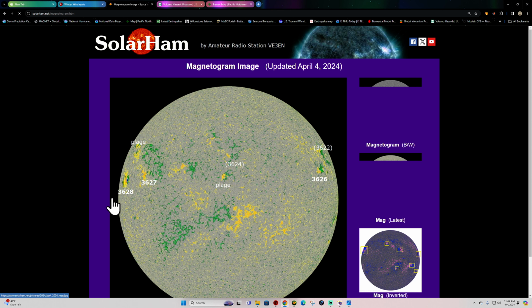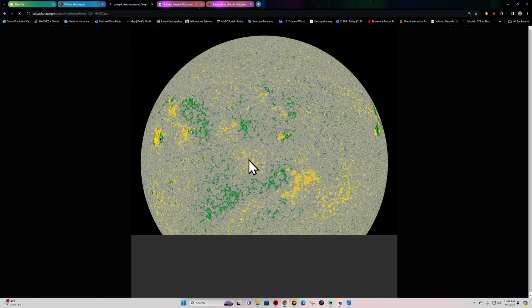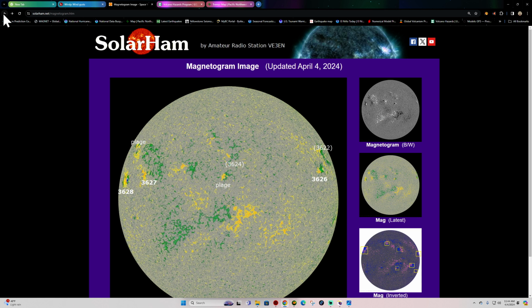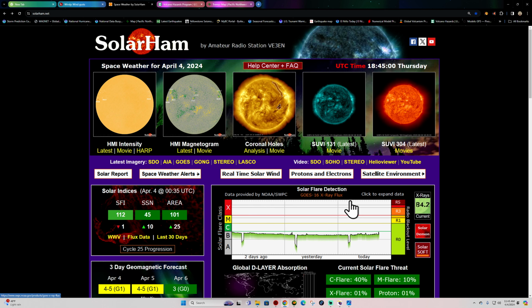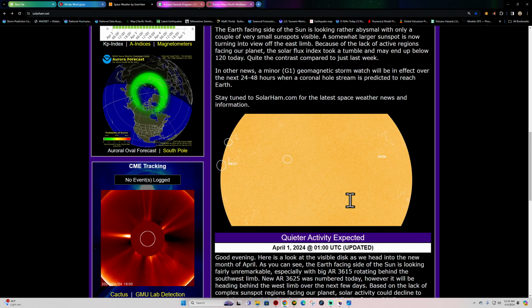I'm guessing it's coming off of 3628. That is our newest sunspot out here, coming off the eastern limb here. All other areas look very quiet and stable. So we got this one here. It doesn't look like much. It looks like a simple sunspot, but that's about it. Really no major elevated space weather potential out here right now.